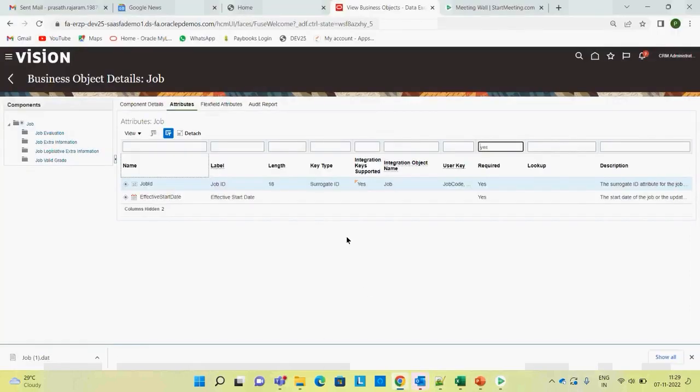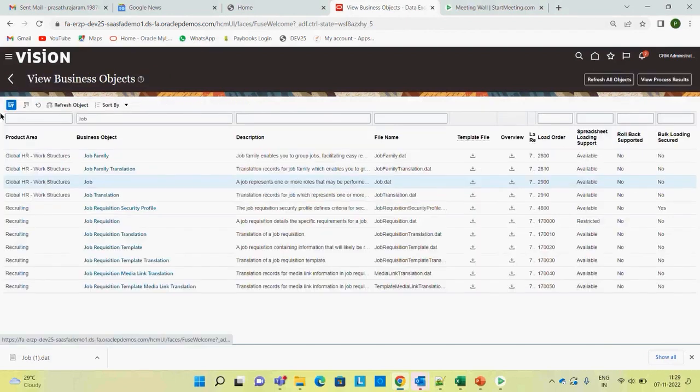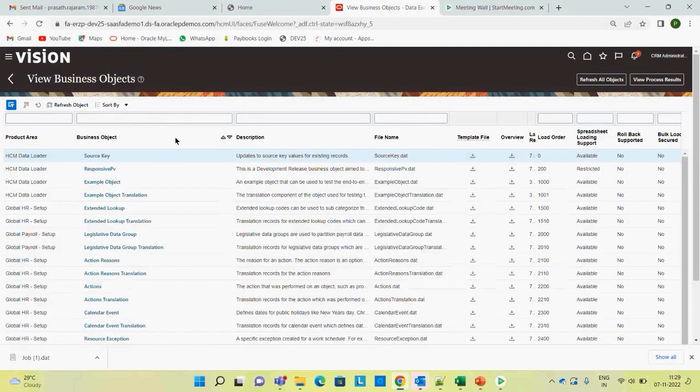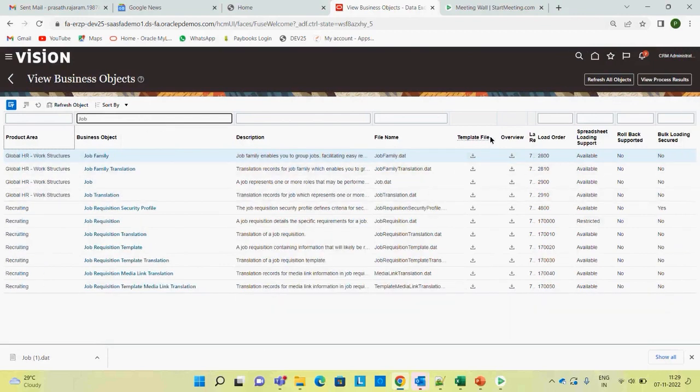So this is how the business object will look like. This is how we will identify which attribute is mandatory based on the action that we are going to perform, like delete, update, or create. Okay, this is the thing. And the one more thing on this one is, so this is the template. After that,